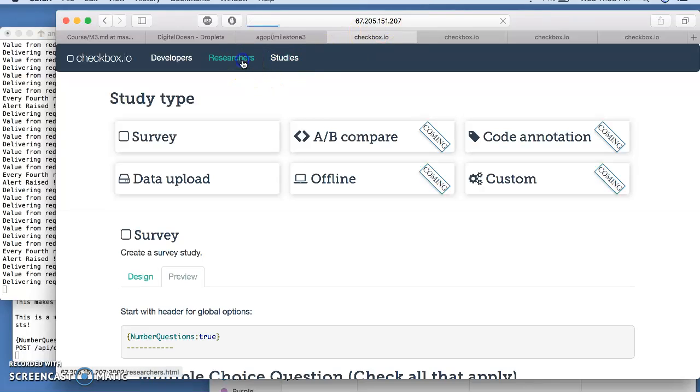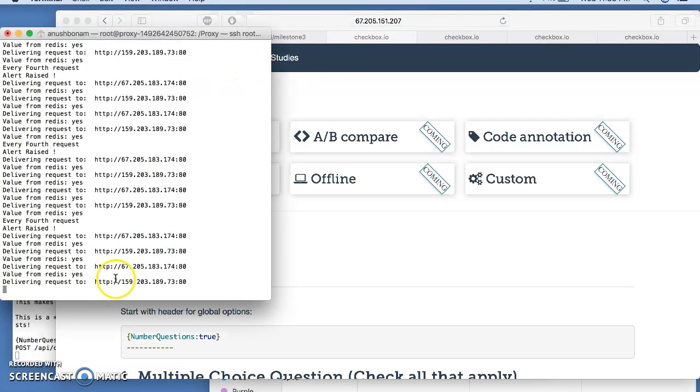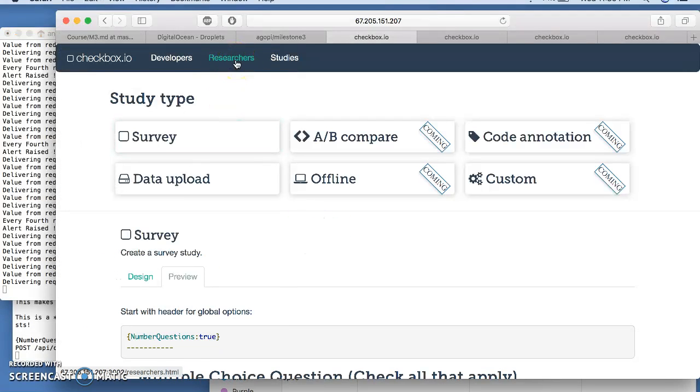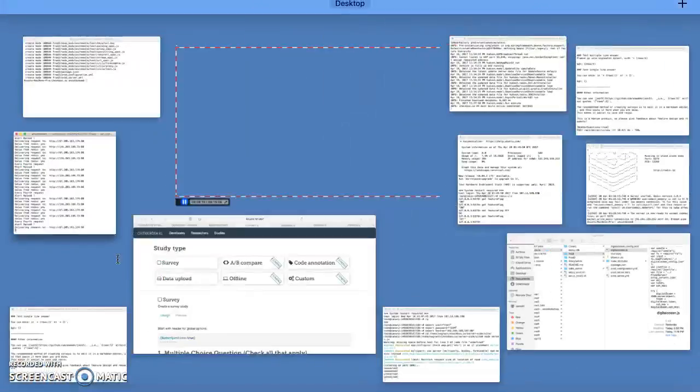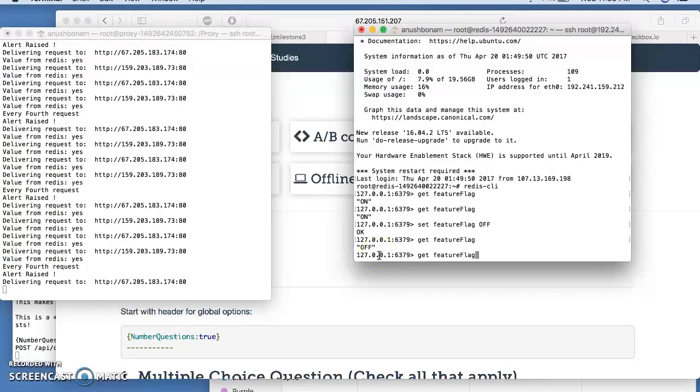using the proxy server, where the first 4 are sent to the production servers. So every 4th request does go to the canary release, but for now the value from the Redis server has been set to yes. This value is an alert value. So if we try to change the set value for the threshold,